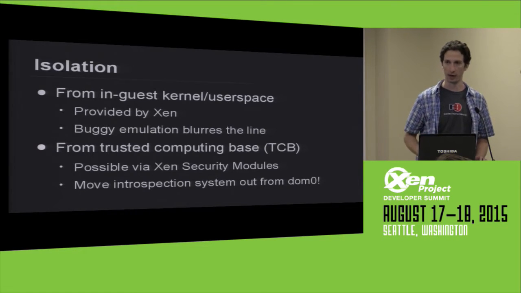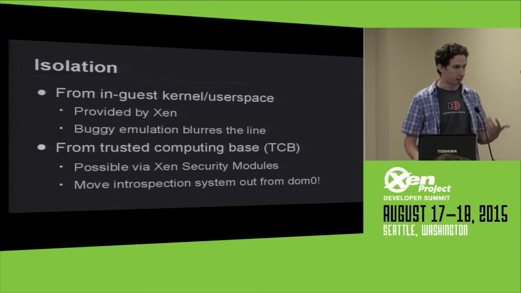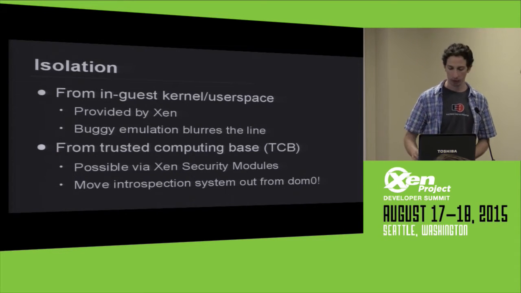Emulation kind of blurs the line, especially if it's buggy and you can break out, but fortunately that has been rare. But there's also isolation from the trusted computing base. So what I showed you was VMI running from Dom0, but on Xen you can actually separate that introspection component out into a dedicated machine through the Xen security modules. And that will allow you to isolate all of these things that might interact with potentially malicious code into deprivileged